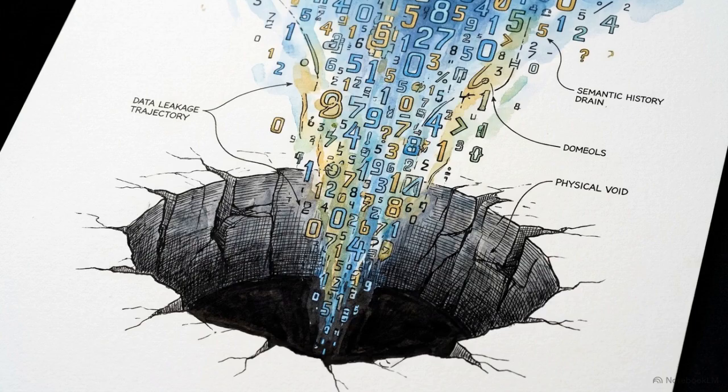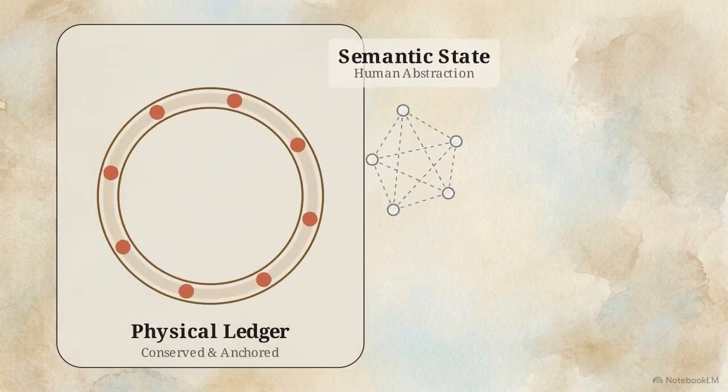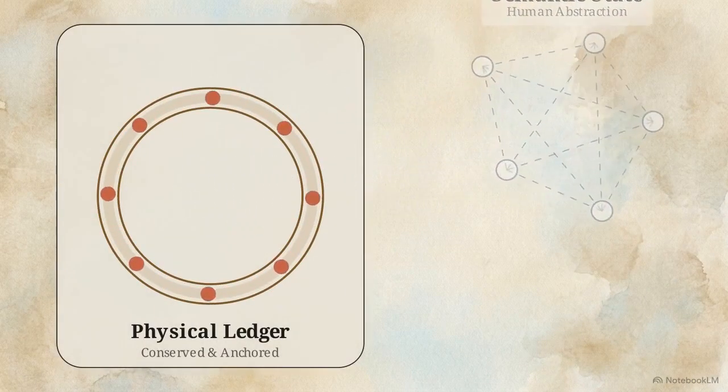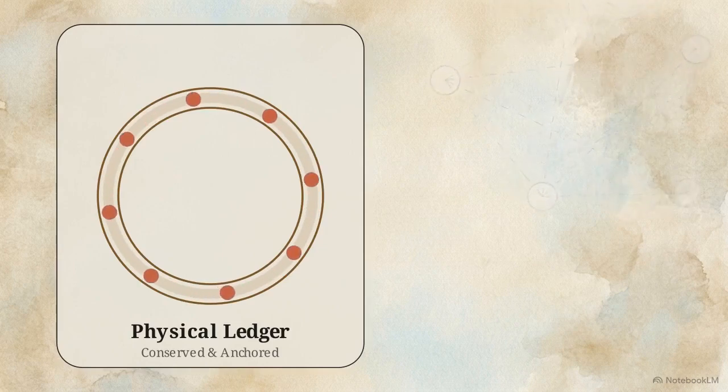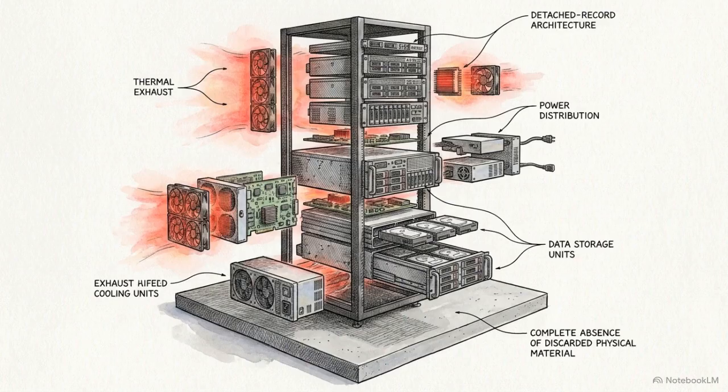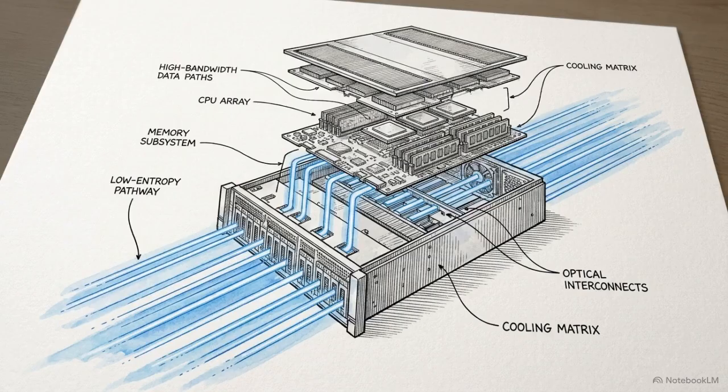This creates what we can call the land of lost bits. Information systems are continuously leaking semantic history into nothingness. Semantic loss is not a physical event. Meaning is a human abstraction, and therefore it lacks physical conservation laws. Because that meaning is discarded the moment a bit is overwritten, detached record systems continuously destroy their own causal history by structural definition. The technology industry widely operates on the misconception that creating highly ordered, low-entropy digital systems will solve